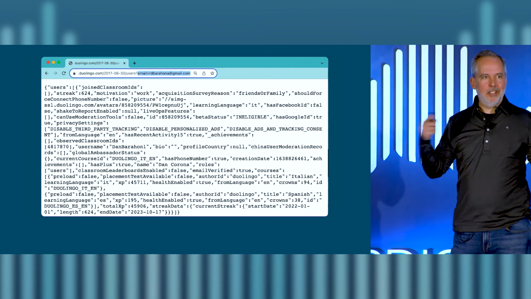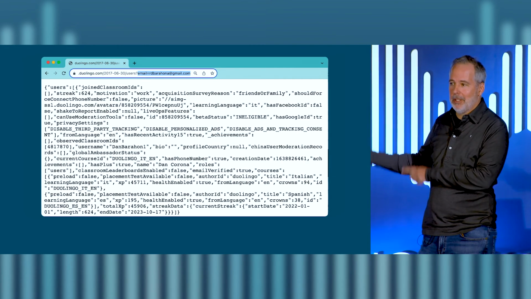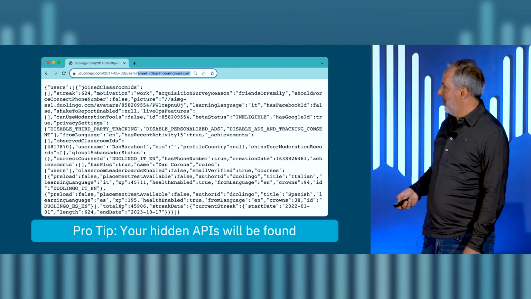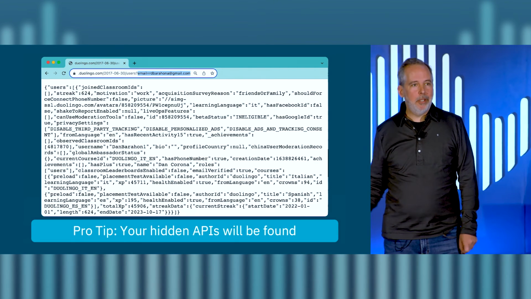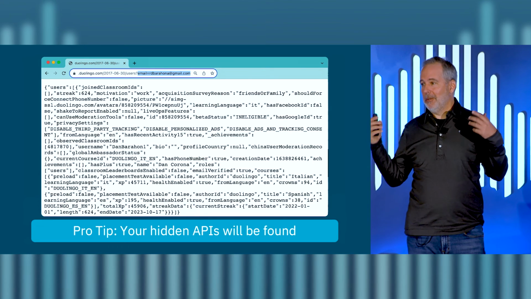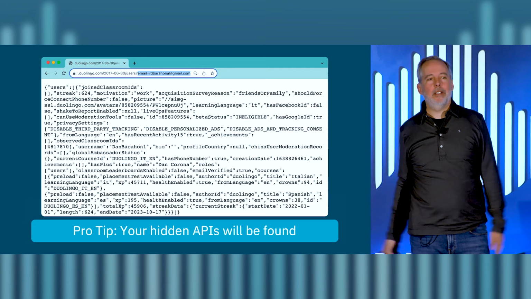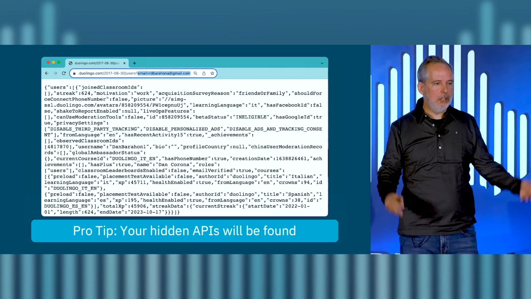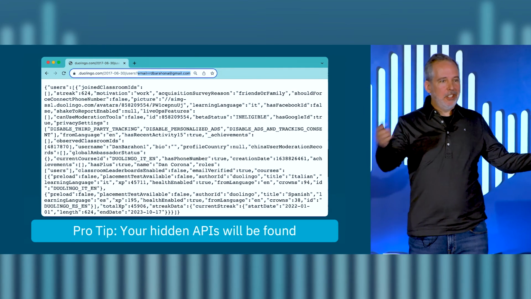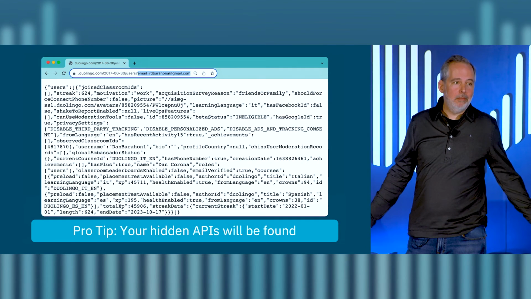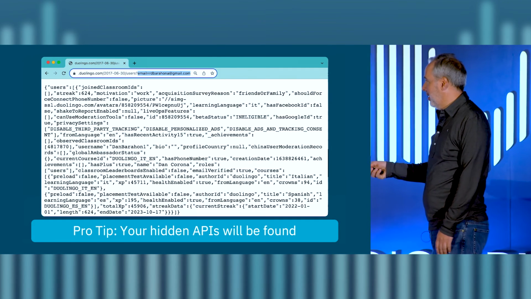But what's happening is they're connecting my public profile, which I didn't even know was public, to my personal information, my email. So, pro tip, your hidden APIs will be found. I can only imagine that the developers of this API just thought, who's ever going to find that thing? Why would we ever use it? What's the point? And in the rush to get features and functionality out, they just pushed it out. It's easy to push it out with no authentication.